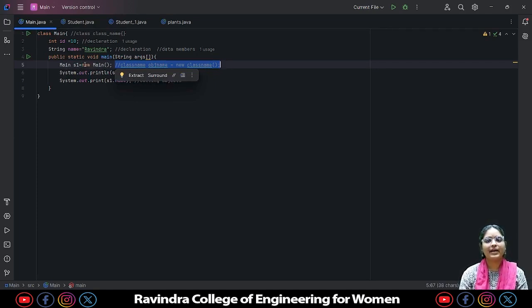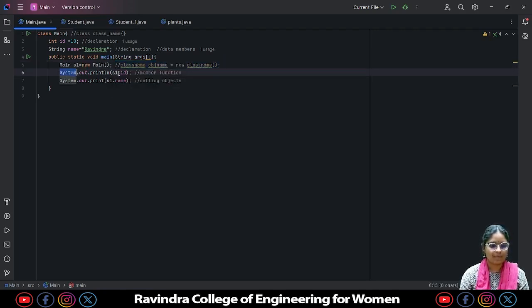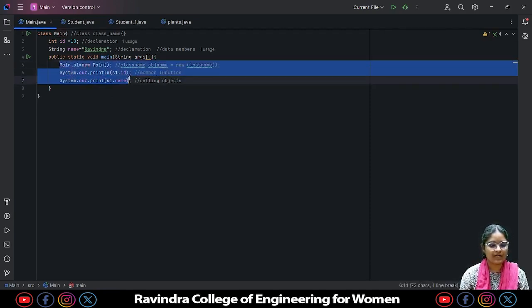New is for creating new objects. Whatever objects we are creating, for creating new objects, we'll be using new Main.